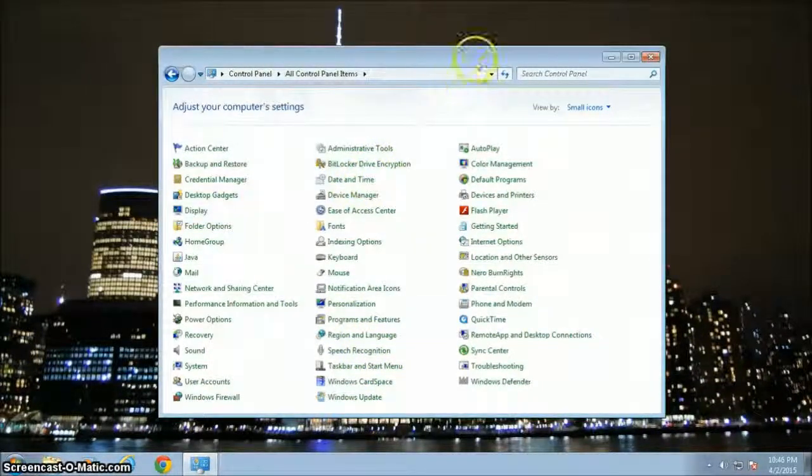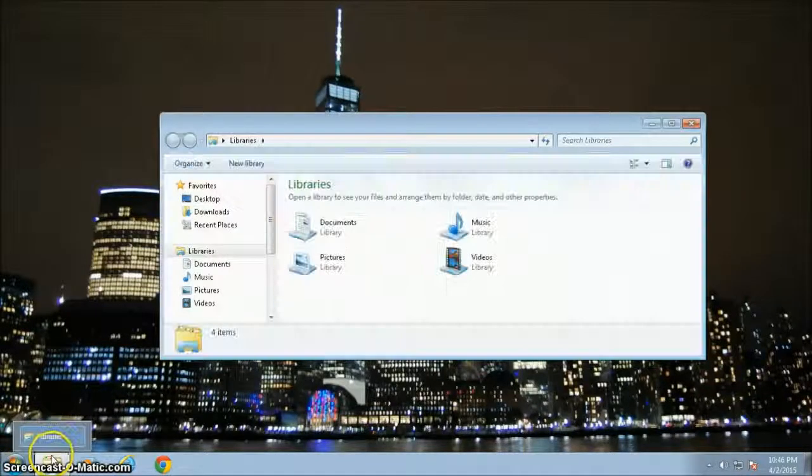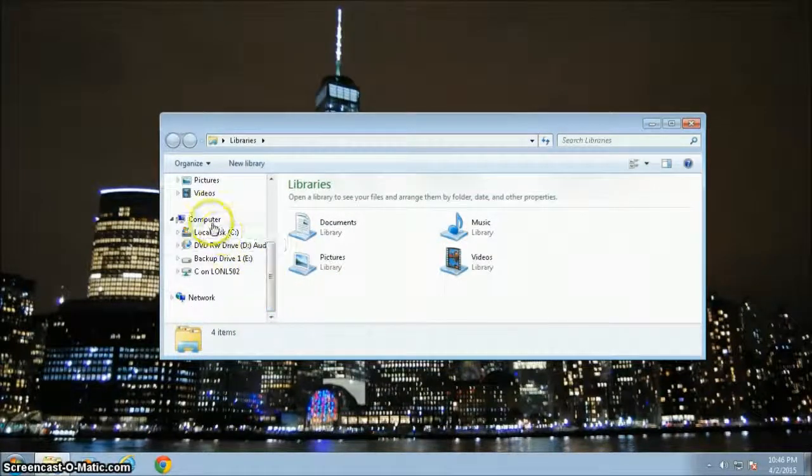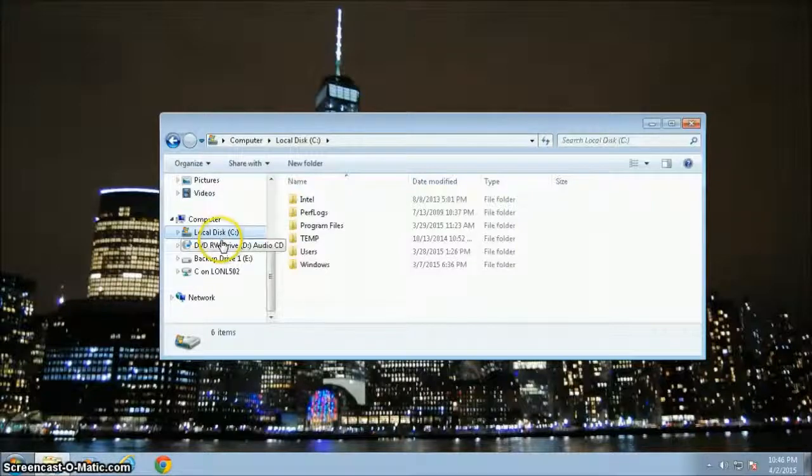Okay, the other way that we can find the PST files, if you think you have a PST file, you can't find it, or you know there's 1 or 2 on the hard drive somewhere, perhaps for a different user profile, we're going to look for that now. The way we're going to look for that is we're going to open up Windows Explorer, and that's just the folder icon here, or you can right click on the Windows icon, go open Windows Explorer, or if you have a My Computer icon on your desktop, double click on that. At this point we're going to look for the computer and C drive. Select C drive in the left pane,